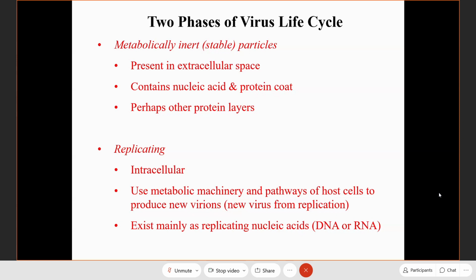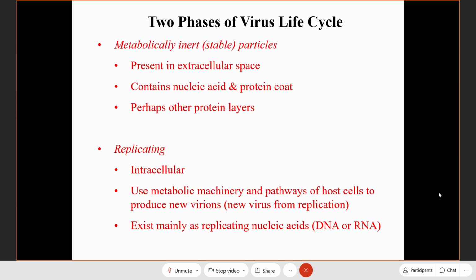When the virus first enters the cells, the virus infects the cells, you cannot detect any virus particles at all within, let's say, the first 24 hours, first 48 hours, first 36 hours, depending on the virus. Why? What happened? When the virus enters the cell, there is no more virus particle. So the virus entering the cell means that they already put the DNA or RNA of the virus inside the cell.